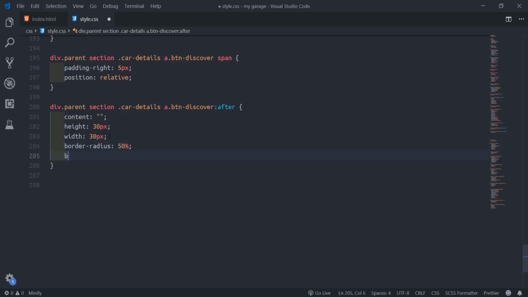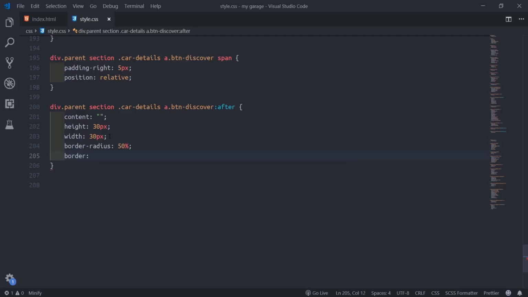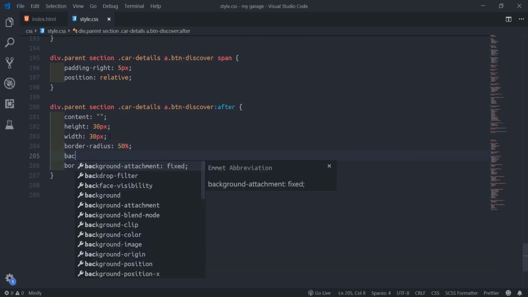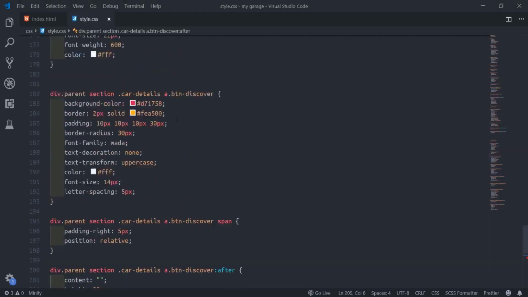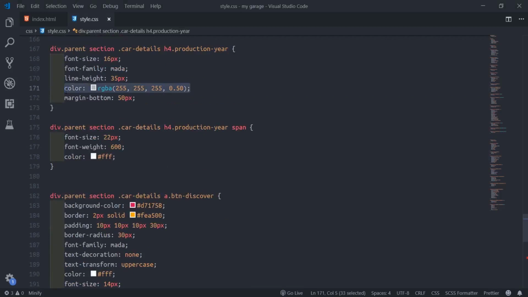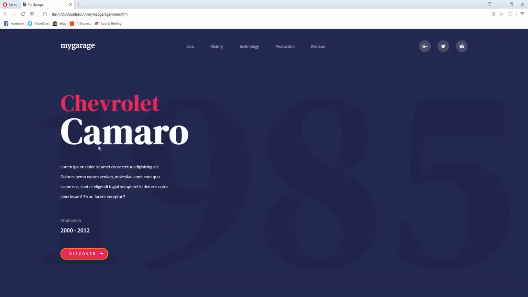Then the border, 2 pixel solid white, which is #FFF. Then background is transparent. So we'll copy that and paste it here. Let me view this thing. Why is it like this?